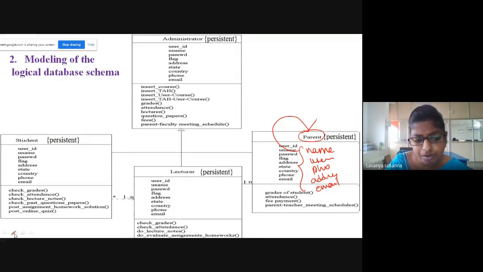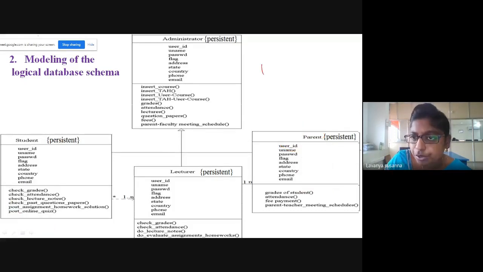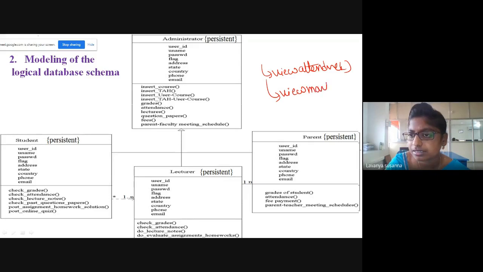Now identify what the operations are. What will parents do? Parents can view your attendance, right? If they want your information, they can view your attendance. They can view your marks. Just write in simple words. Next, pay fees.